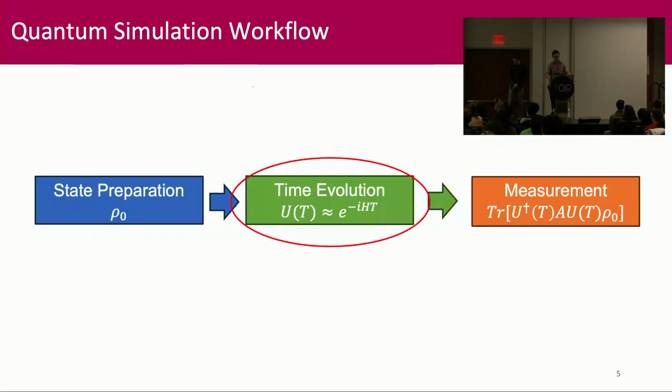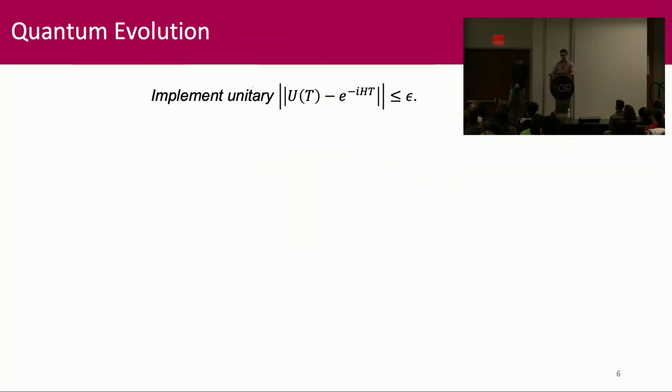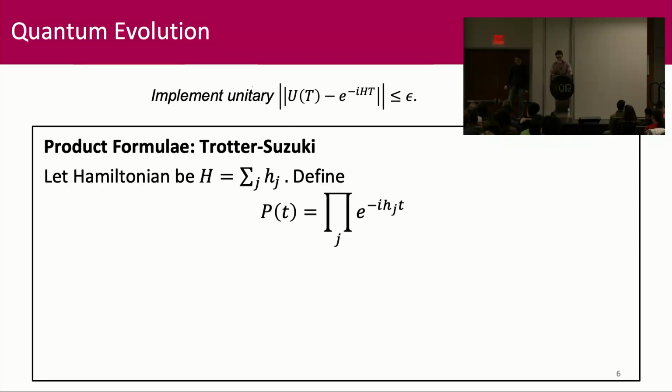As computer scientists, or physicists pretending to be computer scientists, we're typically interested in this middle step, where we're trying to most efficiently approximate the idealized time evolution. Typically this is done in terms of the spectral norm, so we're interested in constructing a U of t which approximates the true evolution to some epsilon as efficiently as possible. And the first algorithm to do this was the first-order Trotter algorithm by Lloyd in the